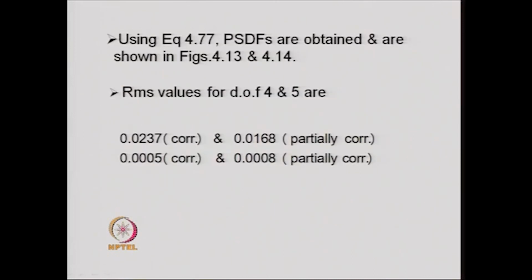With these matrices defined, we again used the same equation for finding the power spectral density function of displacements 4 and 5, using the multiplication of M, R and H omega star and so on. We obtained the power spectral density function matrix of the displacement, which was a 2 by 2,